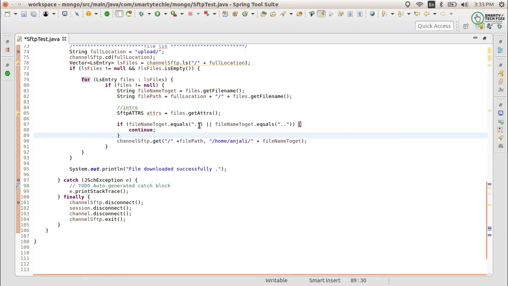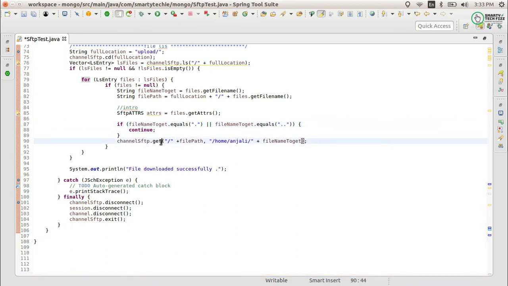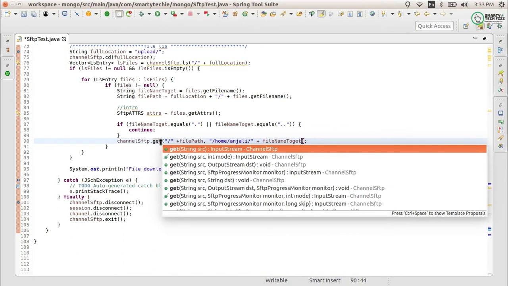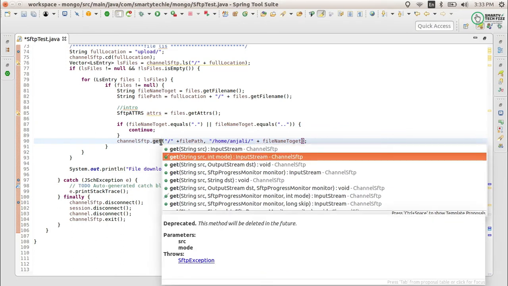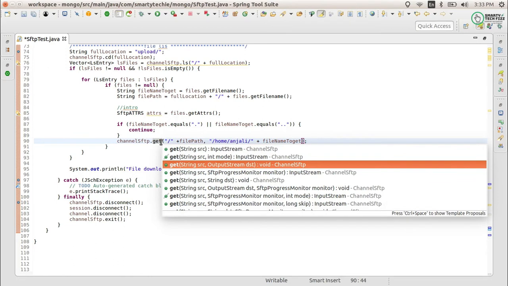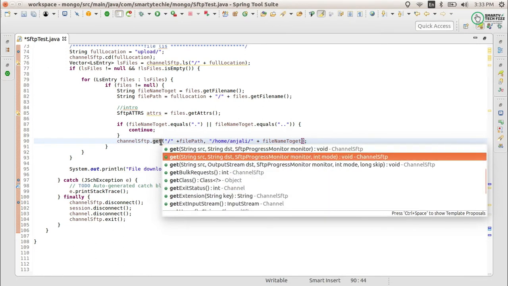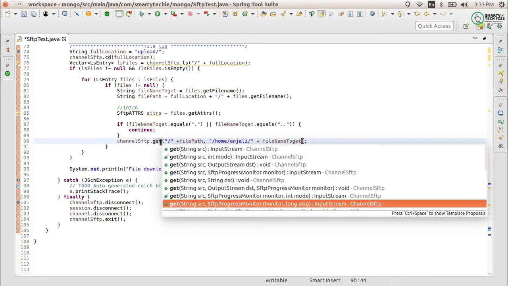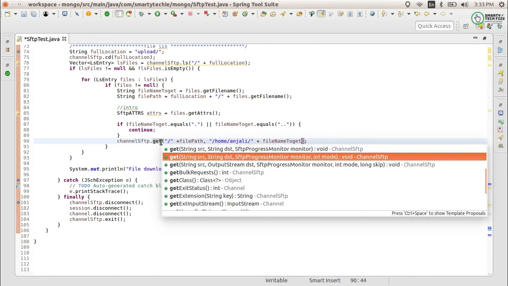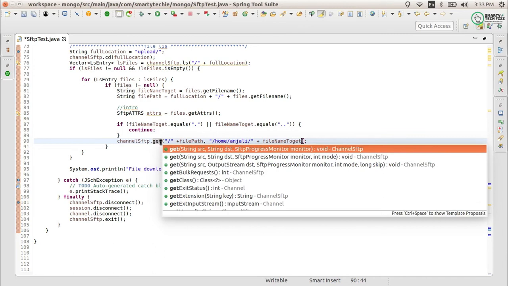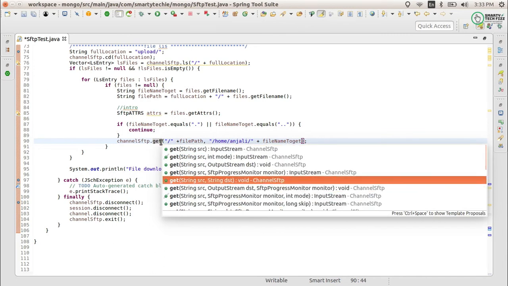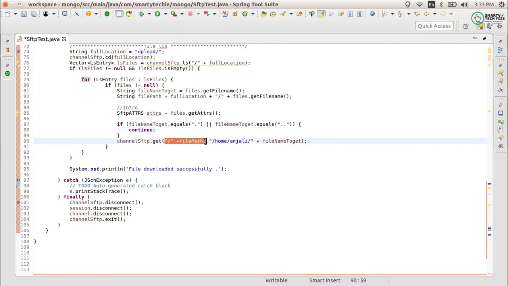If it is not a dot or double dot, then I am using the general sftp.get. This is the function we can use. There are multiple ways you can use get: using only the string source, using the mode and source, or using the output stream destination. I am using the function with source and destination. Let me show you. The source is this, and the destination is this.